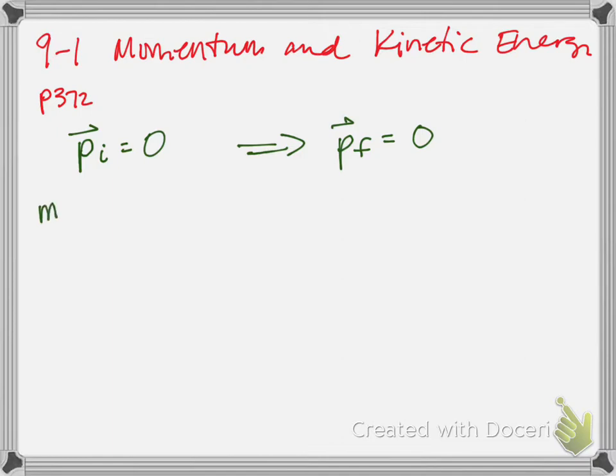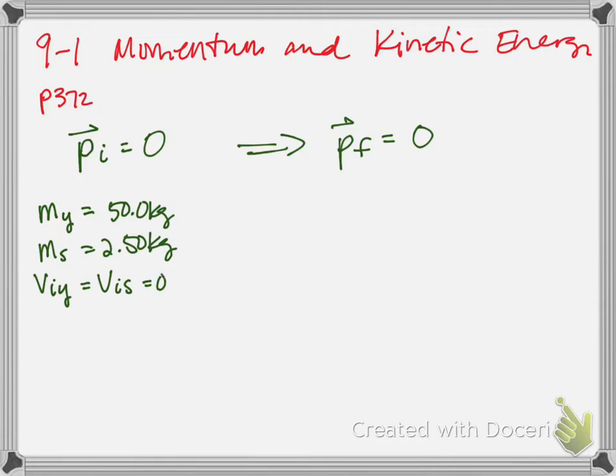I'm going to use the subscript Y for you and write down that your mass is 50 kilograms. I'm going to use the subscript S for skateboard, and I'm going to note that that is 2.5 kilograms, all right? The initial velocity of you and the initial velocity of the skateboard are all 0. Everyone's at rest. But we're told that the final velocity of you is 0.600 meters per second